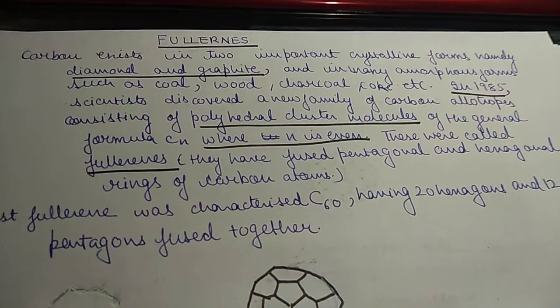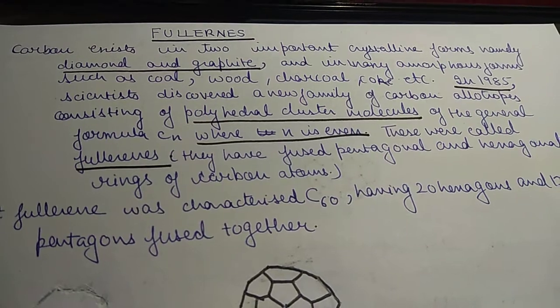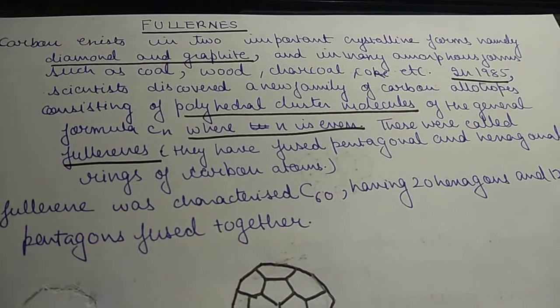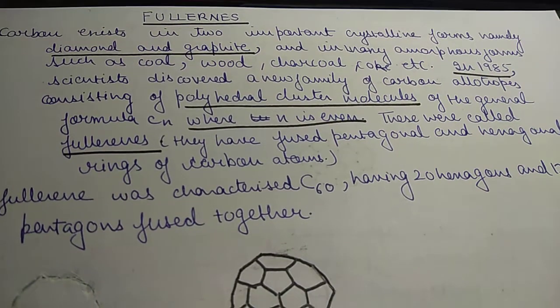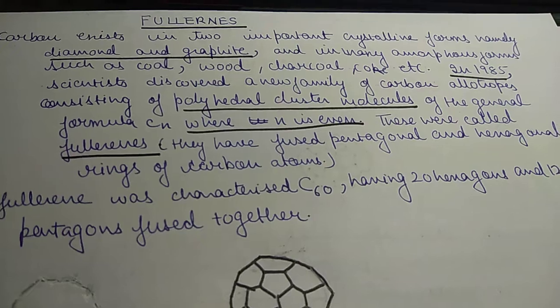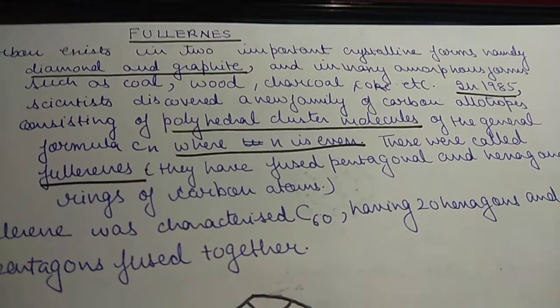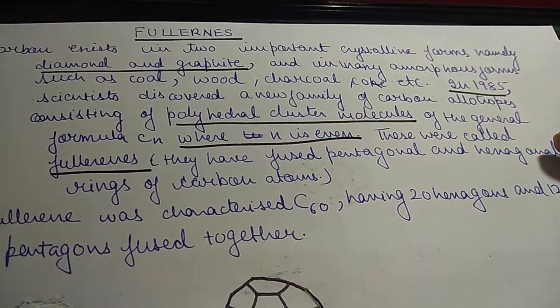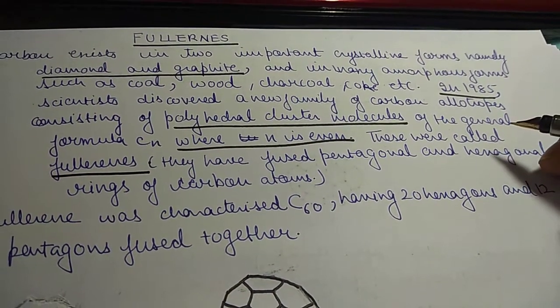Now carbon exists in two, we will do fullerenes today. Carbon exists in two important crystalline forms, namely diamond and graphite, and in many other amorphous forms such as coal, wood, charcoal, coke, etc. So in the year 1985, scientists discovered a new family of carbon allotropes consisting of polyhedral cluster molecules